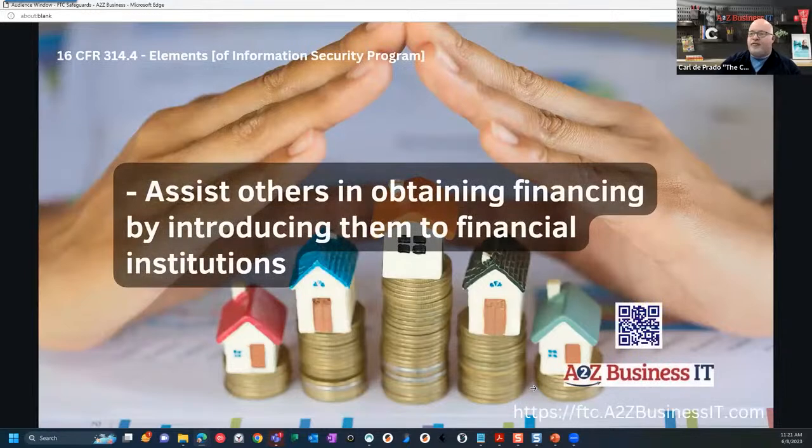As far as that's concerned, you assist other people in obtaining financing. You bring a buyer and seller together. So you may not be doing the financing directly yourself, but you're providing the lending, and you're guiding them to somebody you've arranged so that they can get credit to purchase things. Contractors come into play all the time, because very few people are buying a pool in cash, or doing big projects that way.